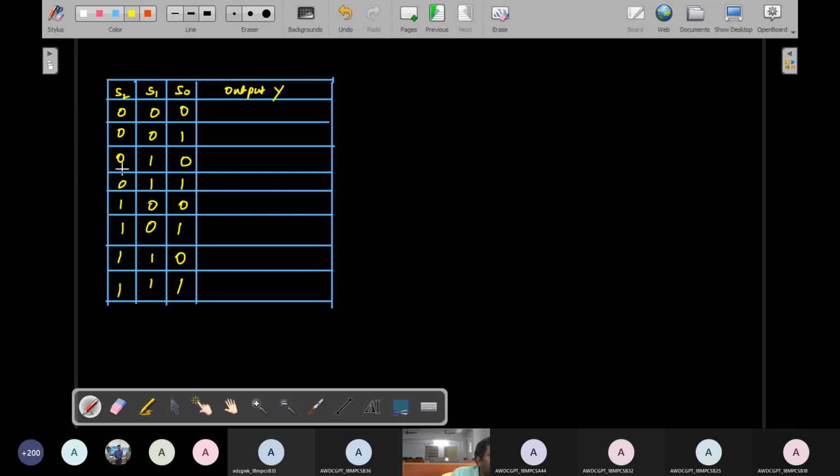Actually, you can simply remember these 8 possibilities: 0 0 0, 0 0 1, then the 1 is complemented, 0 1 0, and after that it goes high, 0 1 1. Remembering these binary numbers is not that easy, so use a simple trick to remember these 8 inputs. Simply take the first column; that column is considered 4 zeros and 4 ones.